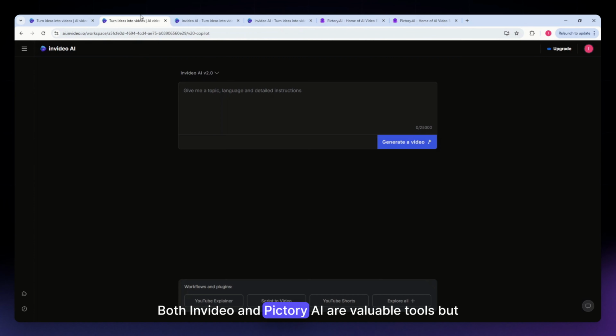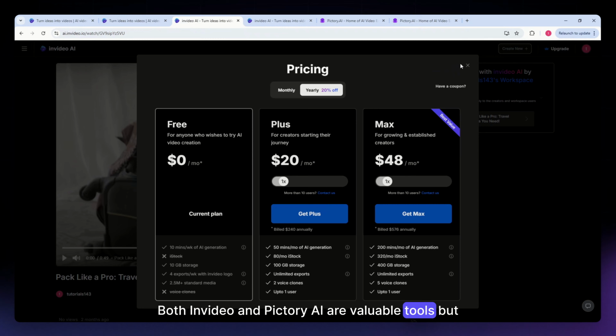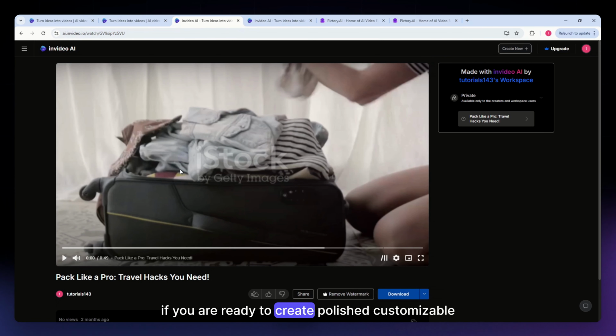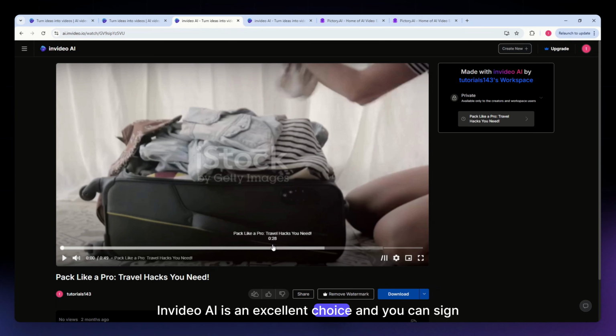Both Invideo and Pictory AI are valuable tools, but if you are ready to create polished, customizable videos, Invideo AI is an excellent choice, and you can sign up for an Invideo account with the link below and get started